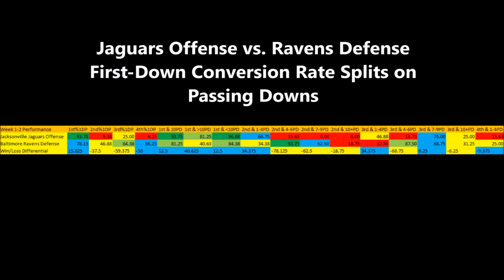So for the most part, based on all the data, just a big picture examination of all that, if the Jaguars continue to run the football efficiently as they have in the last 2 weeks, they will have some ability to control the clock and do those other sort of things. The Ravens offense, I think, will struggle a little bit against the Jaguars defense when it comes to the passing offense, and the Jaguars passing offense will also struggle really mightily against the